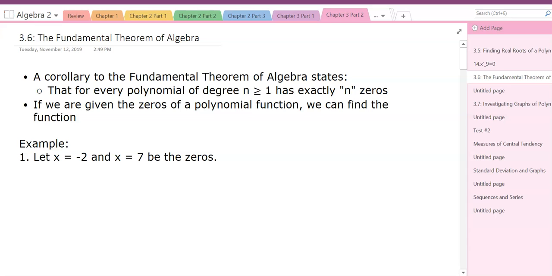So for this section, we're going to actually be still doing a little bit of what we talked about in section 5, because that whole section was about this fundamental theorem of algebra. But we're going to kind of also go the reverse direction. So instead of us just trying to find all the roots, there's going to be some where they actually just say, here's all the roots to a polynomial expression, and we want you to find the polynomial that they came